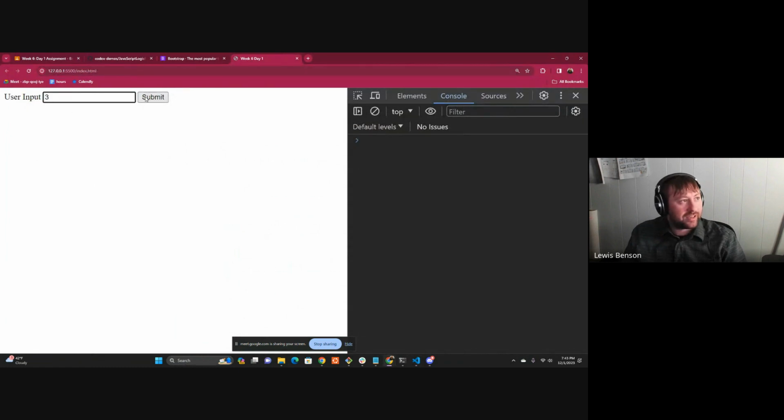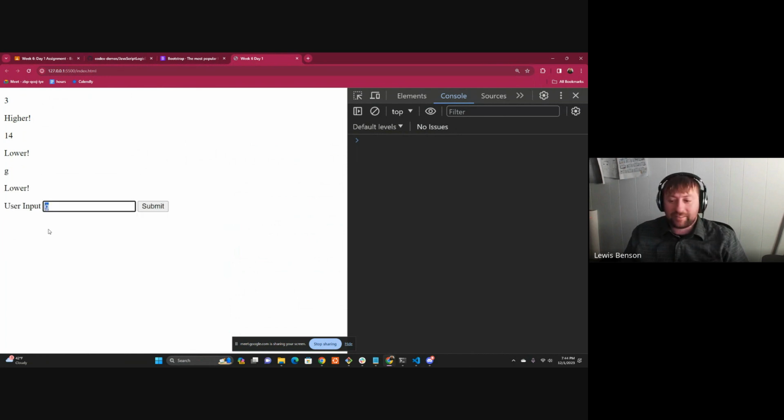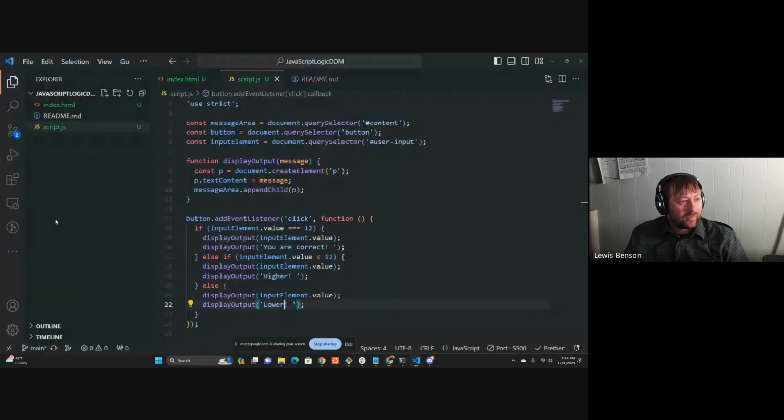So if we put 3 in here, we get higher. If we put 14 in here, we get lower. If I put G in here, I get lower. So that's the bug I'm talking about. It shouldn't accept letters. So what we can do, instead of using this else right here, we can make this an else if, and we'll just steal this logic from in here and reverse it. If it's greater than 12, say lower,